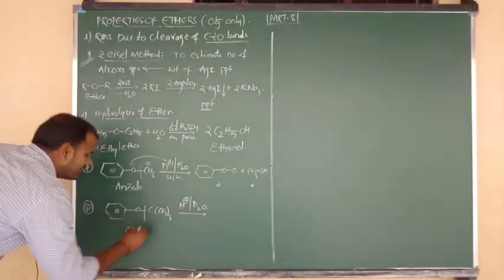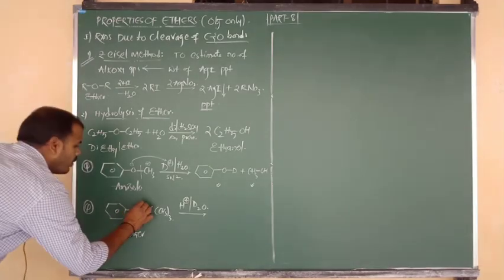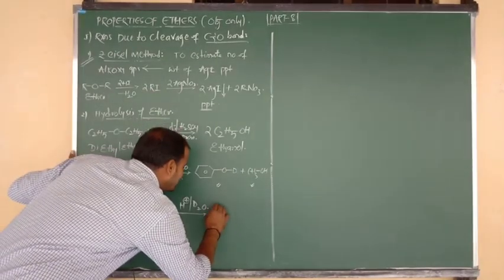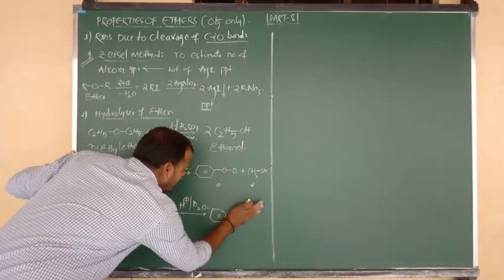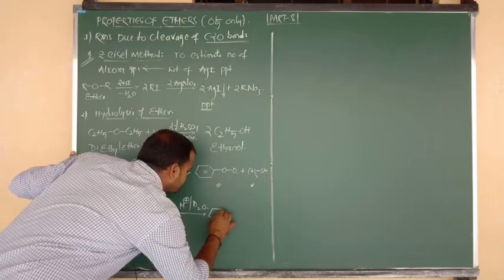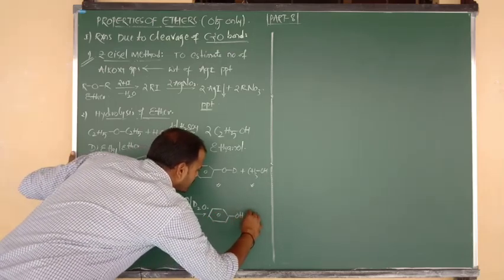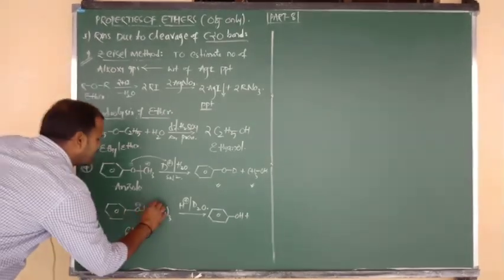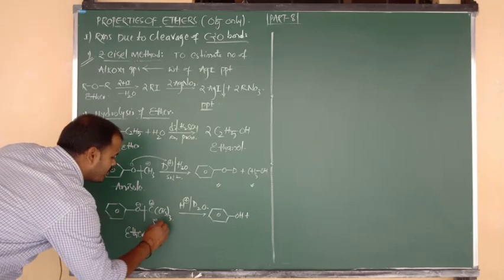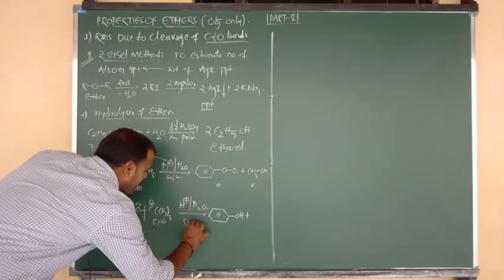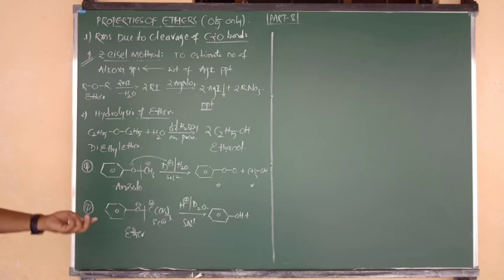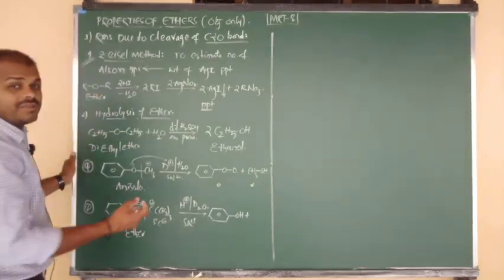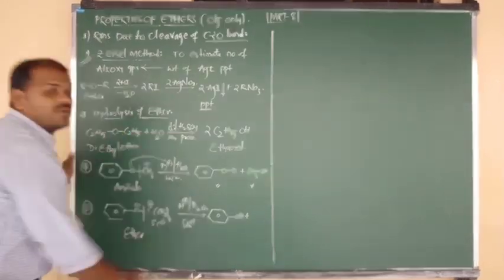So same thing, bond breaking takes place between carbon and oxygen. O contains the negative charge and that is attacked by H plus ion. So what will be the expected product here? Phenol. Nothing but benzene bonded to OH. Okay, better. And the remaining C with CH3 taken thrice, C contains the positive charge, nothing but a tertiary carbocation you are getting. So tertiary carbocation means which mechanism do we have to follow? SN1 mechanism, beta.